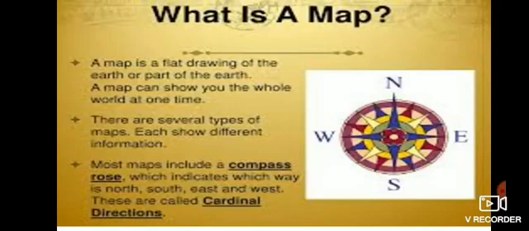A scale is the ratio of the distance between two places on the map to the actual distance between them on the earth. The different features of the earth are marked on the map with the help of certain symbols, words, lines, and colors, which are called legends.